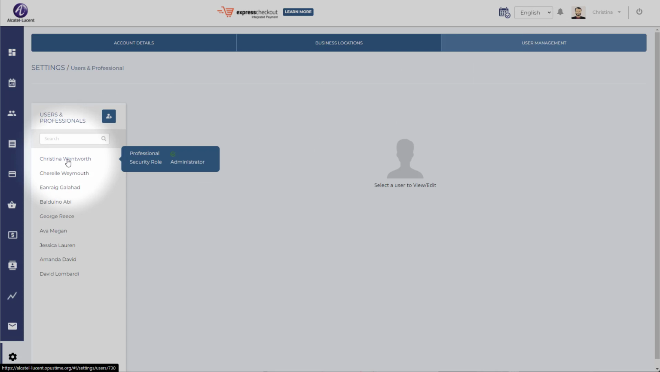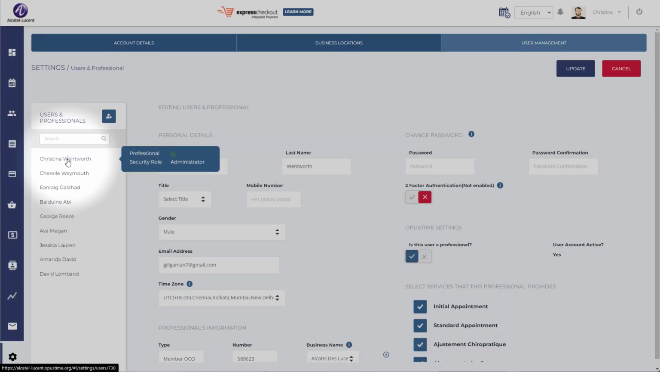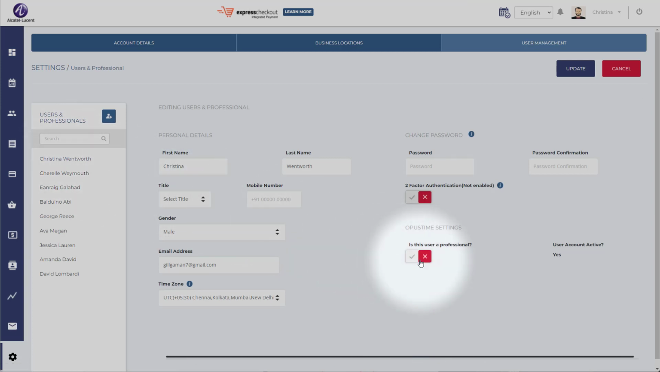Now, one thing you need to know is when you create your account, the first user is the administrator of the account. In that administrator, the role cannot be changed. So the information that every user has is first name, last name, title, mobile number. If there's automated SMS communication in OpusTime, I recommend that each user, if they have a mobile number, enter it here. Gender, the email address that we use to communicate with that user. Time zone is very important